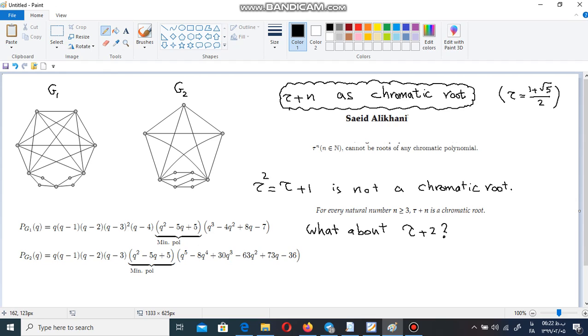So the chromatic polynomials of G1 and G2 have tau plus 2 as a chromatic root. So we have this result, or corollary, that tau plus n are chromatic roots